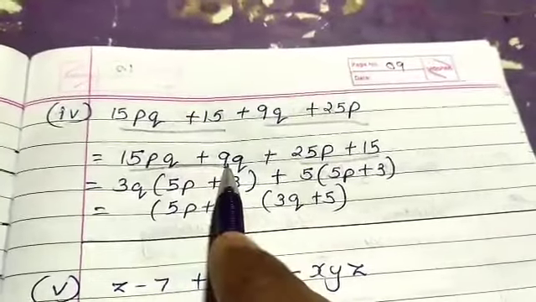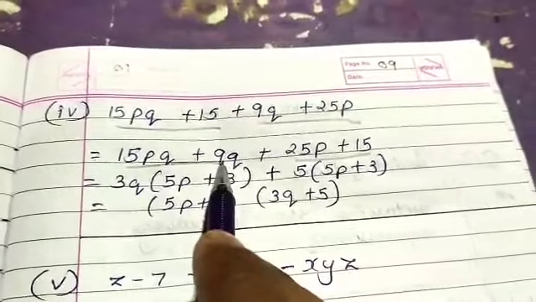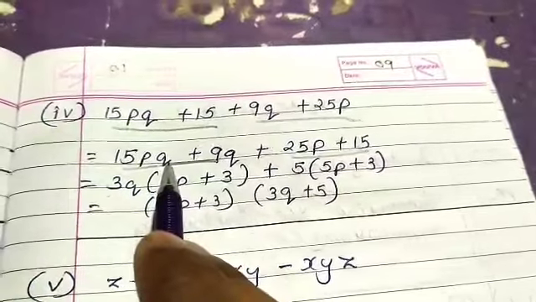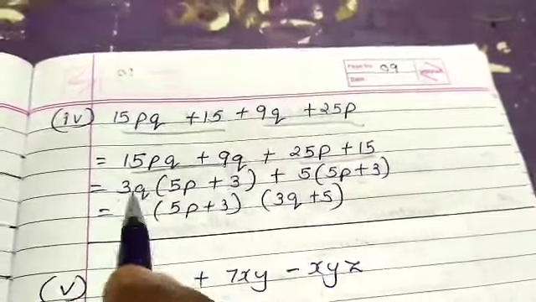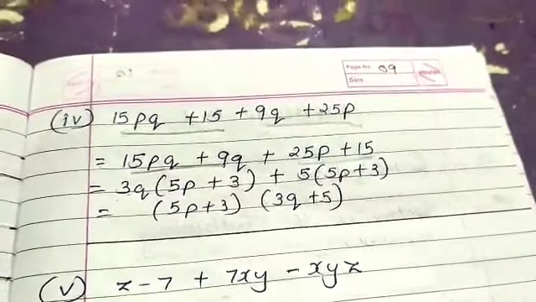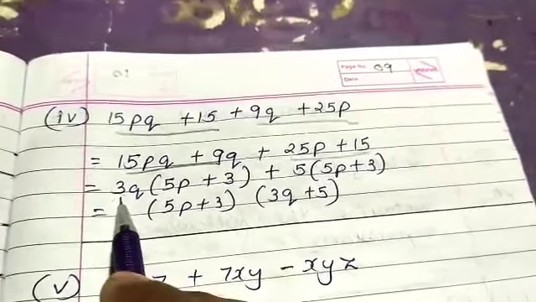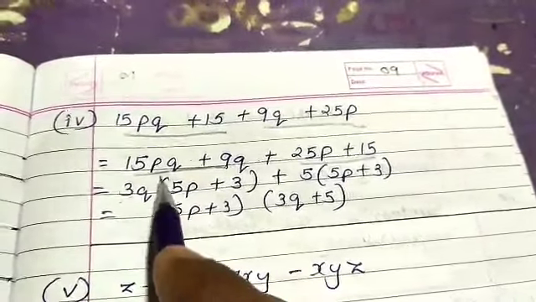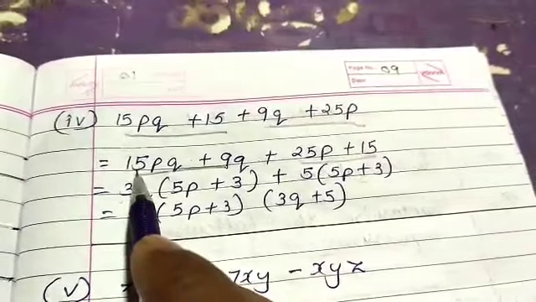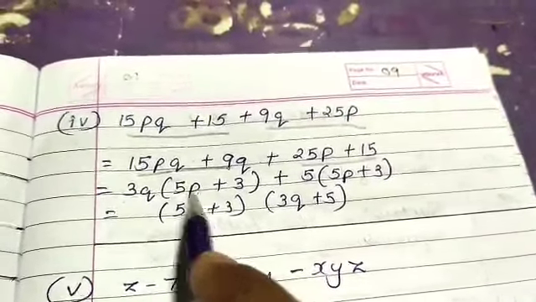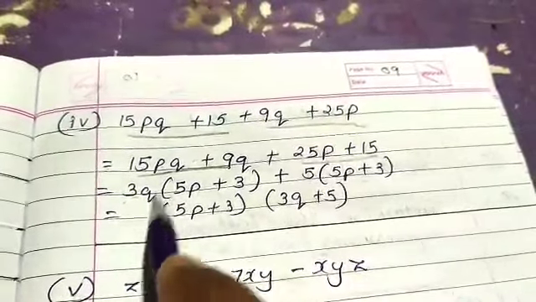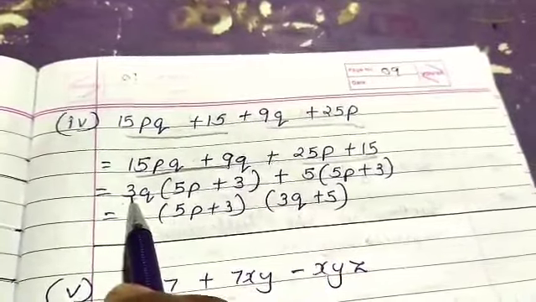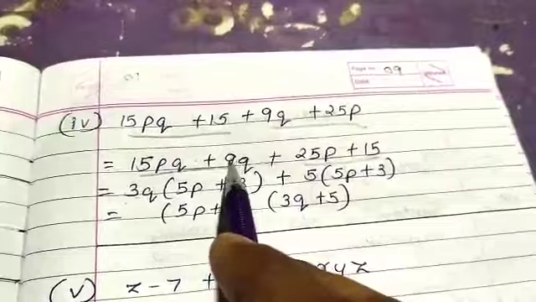So 15 and 9 are there. We all know that both the terms are divisible by 3. So write down 3 as a common, and what is the other term which is common? Q. So 3q is common. Then 3q should be multiplied by what to get 15p cube? So 3 5s are 15, so write down 5 over here, and q already taken as a common. So 5, what remains? P. So 5p, that is 3 5s are 15pq. Then 3q should be multiplied by what to get 9q? That is 3 into 3, that is 9q.